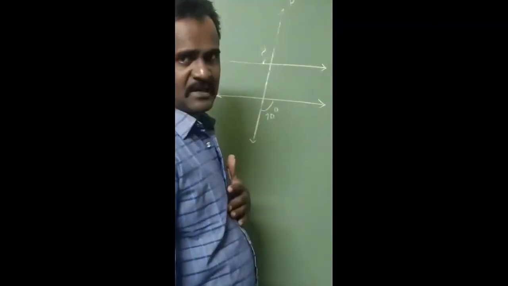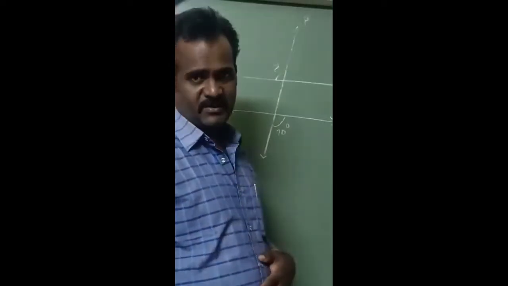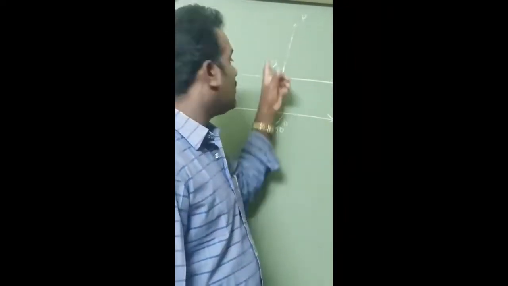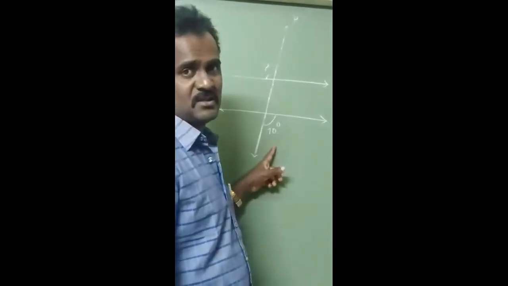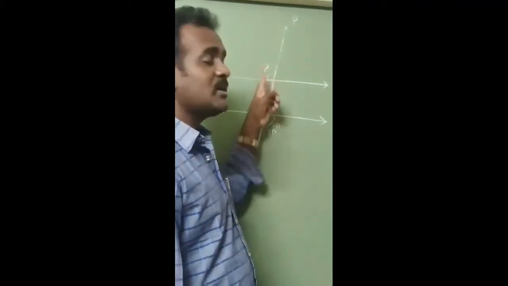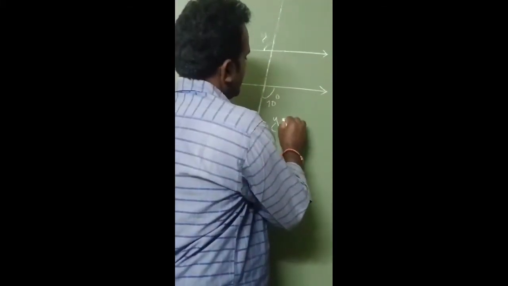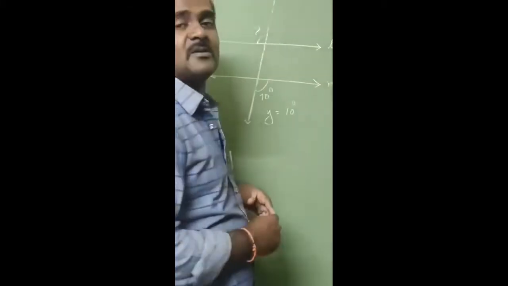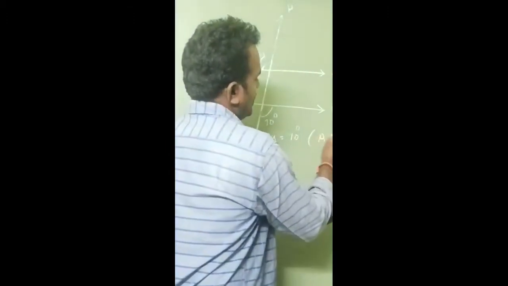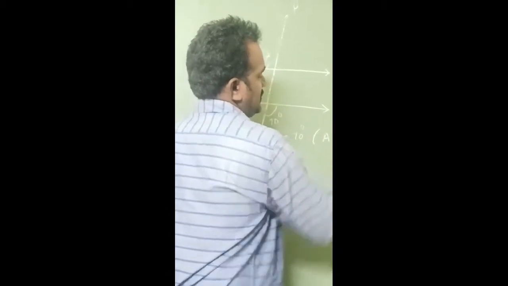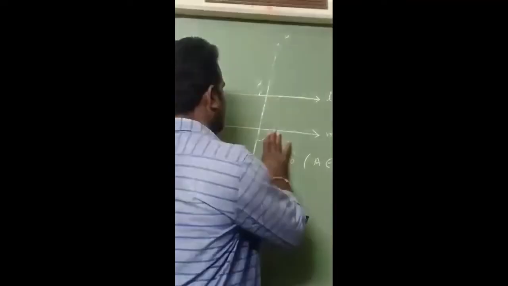So these two lines are parallel lines, and this angle y is given, and this angle 70 is given. These two angles are alternate angles, on either side of the transversal. This is exterior, this is also exterior. So these are alternate exterior angles, so y is equal to 70 degrees. Alternate exterior angles are equal. Okay? Next one is,